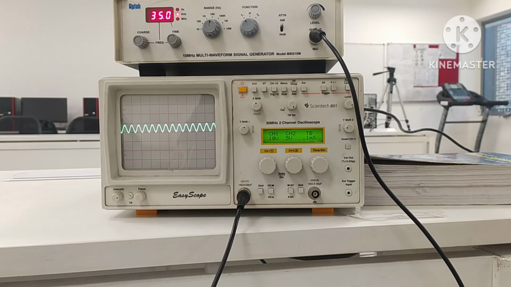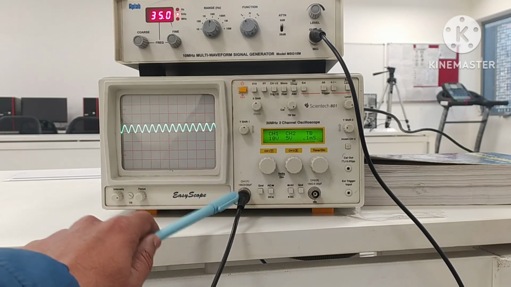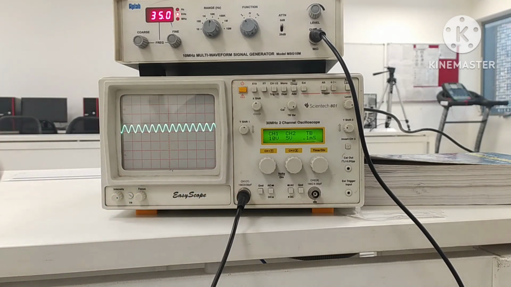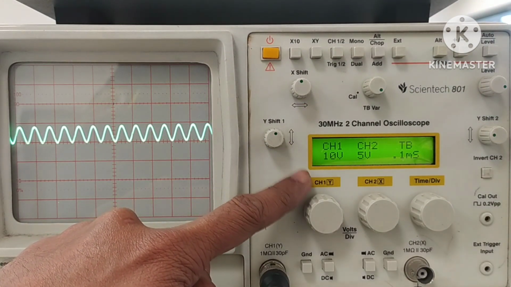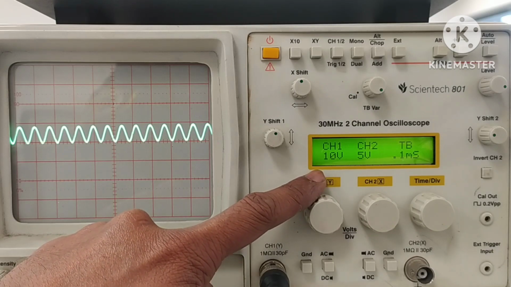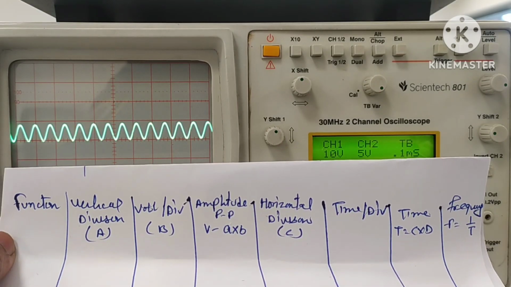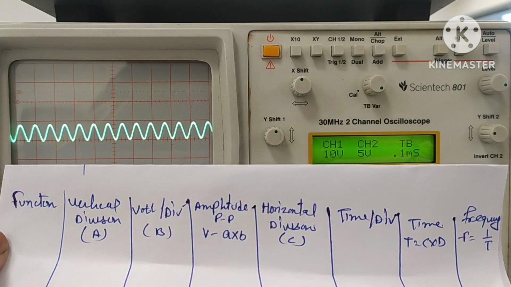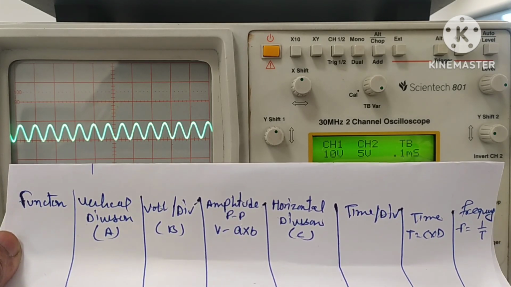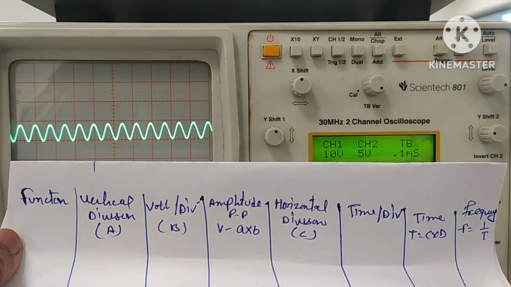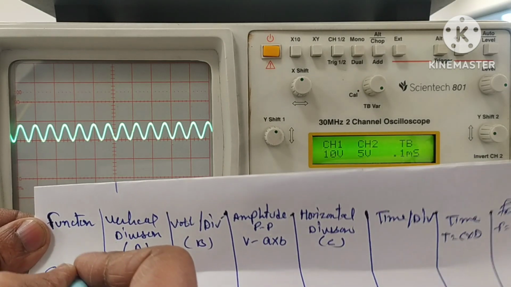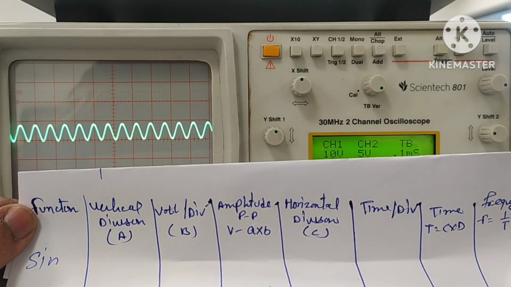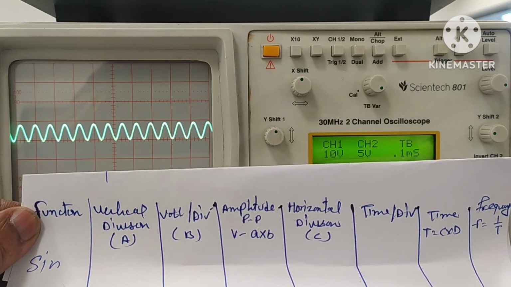So now we are going to fill the observation table. We are using channel 1 for input in CRO from the function generator. So this is the voltage per division set on channel 1, which is 10 volt. This is the observation table, and this is the value set on CRO. First of all, in function we need to write a sine wave. So I'm writing here sine wave,